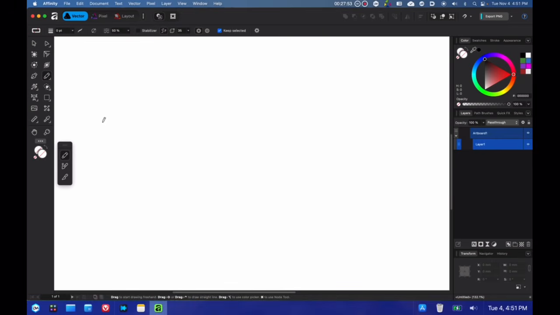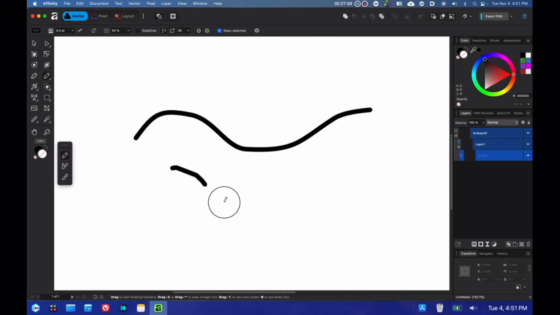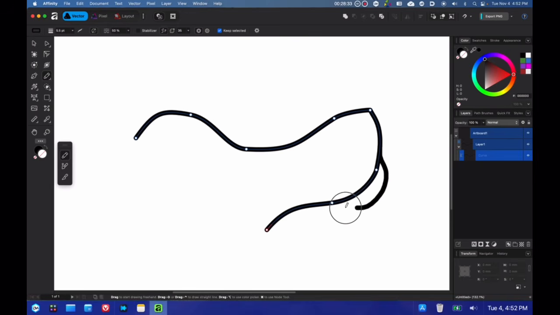So I really like the pencil tool and how this works in this program. And again, it's only slow because of my computer right now. I have too much storage and I'm gonna have to remove a lot of things. So it draws in real-time preview, and by default you can't continue a path from the endpoint, but you can still do that if you select up here where it says sculpt mode. The sculpt mode is what allows you to continue a path from the endpoint, but it is also what allows you to redraw a vector path.